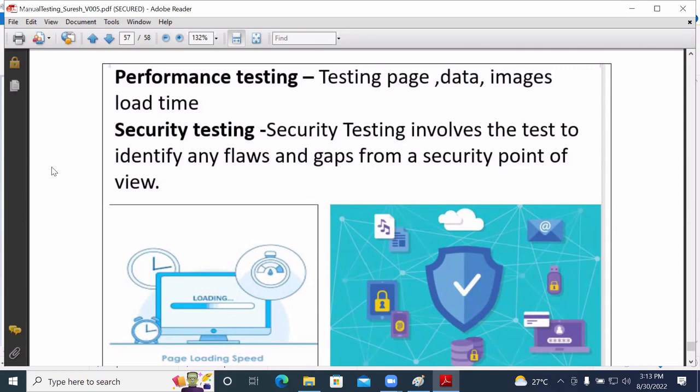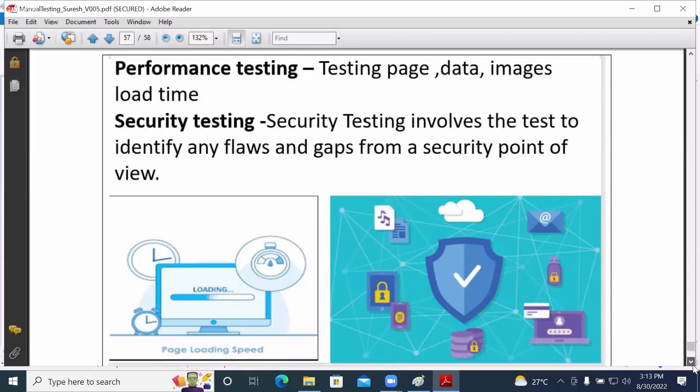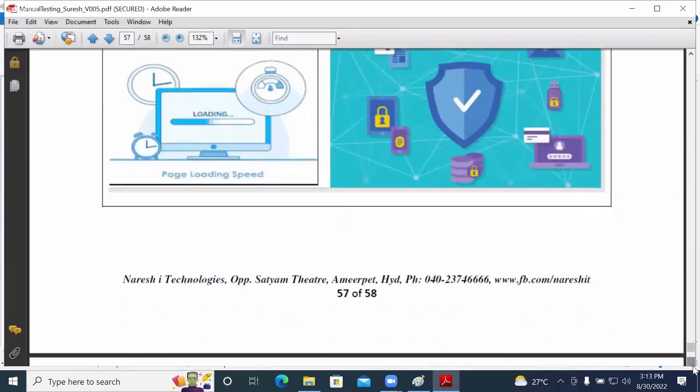It's not restricted to only these testings; there are other testings also. But at least for the interview, you need to be comfortable explaining the different types of testing. You may work with any testing, but the testing concept is the same. As part of the requirement, you get a different terminology.